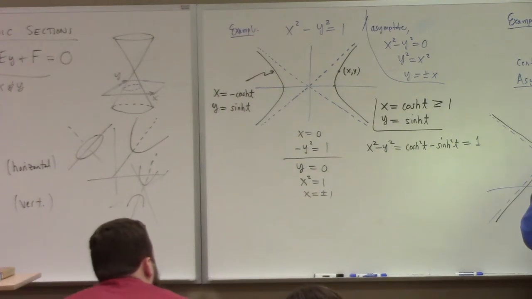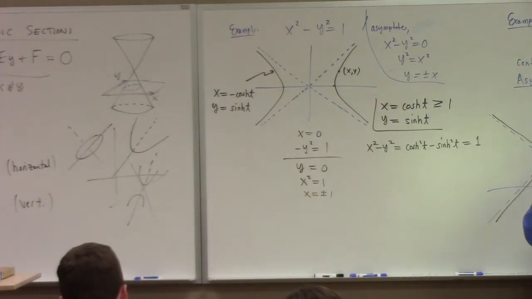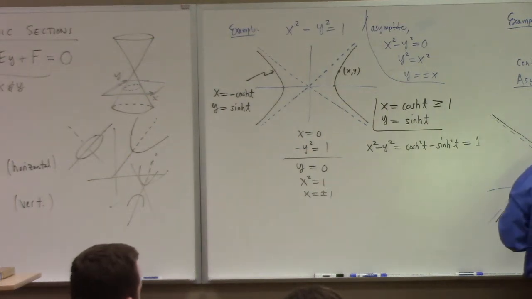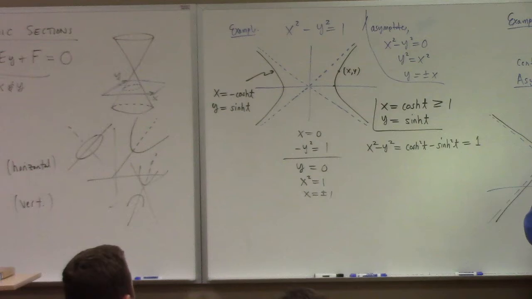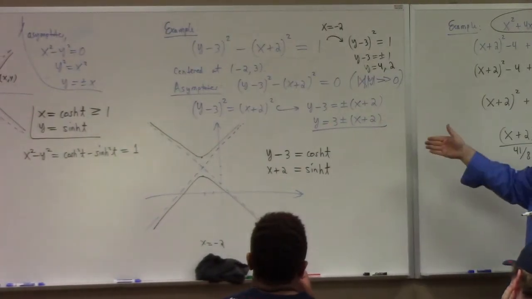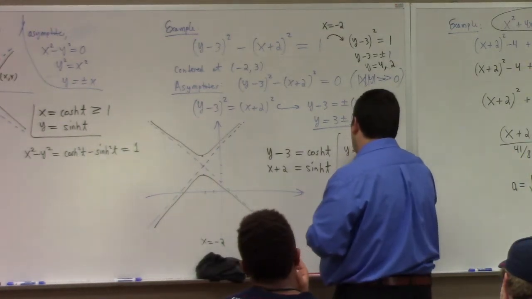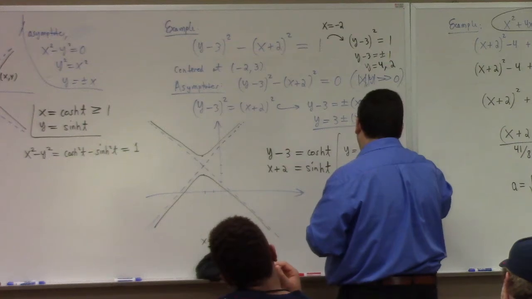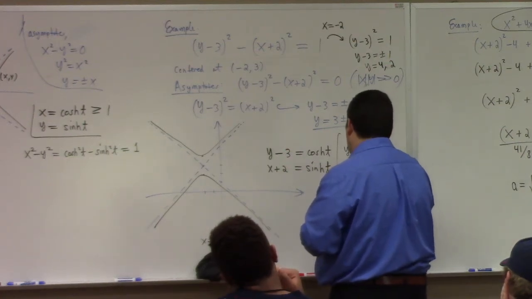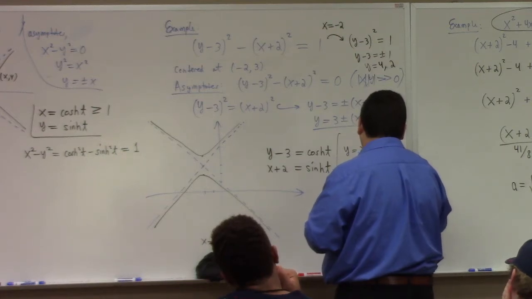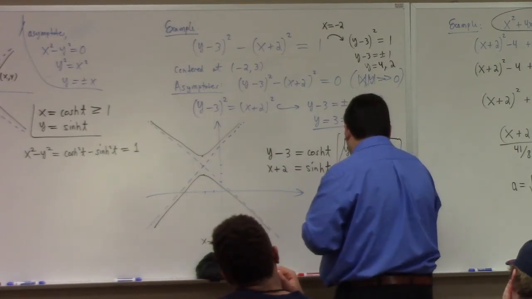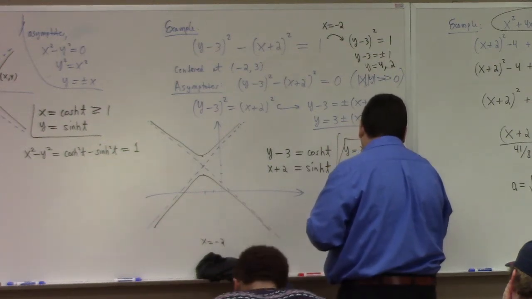What I would do is put y minus 3 equal to cosh t, and x plus 2 equal to sinh t, because if I did this trick once, I can do it twice. If I set that as cosh and that as sinh, then cosh squared minus sinh squared is 1, which means these formulas will parametrize half of that hyperbola. Of course, to clean it up, y is equal to 3 plus cosh t, and x is equal to minus 2 plus sinh t. There you go. These are parametric formulas, or a parametrization, as it's called,